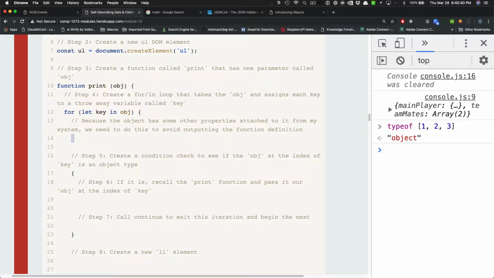So what we're going to do, if obj key, so put the key in the brackets because it's an index reference. In front of obj key, type in the operator typeof. The condition we're checking is to see if it's a function. So we're basically saying if this value is a function, which is one of my goofy things that I've added on,